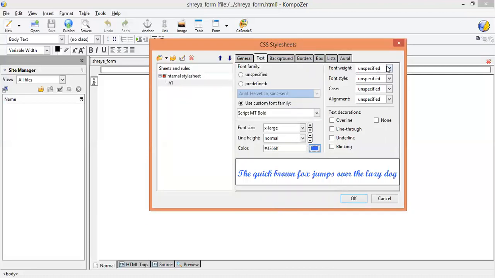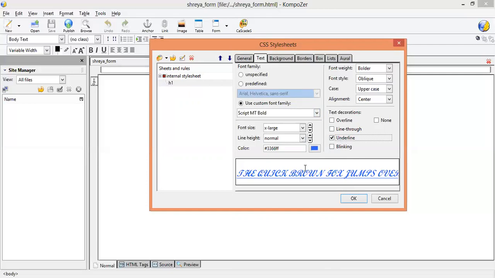Then font weight, bolder. Font style, oblique. Case, upper. Alignment, center. Underline. Text decoration.